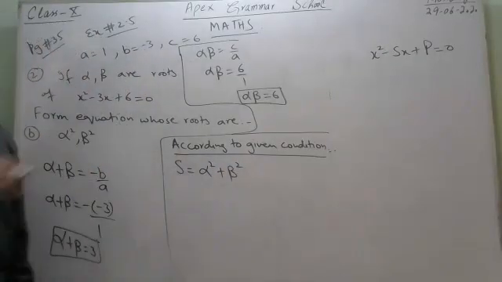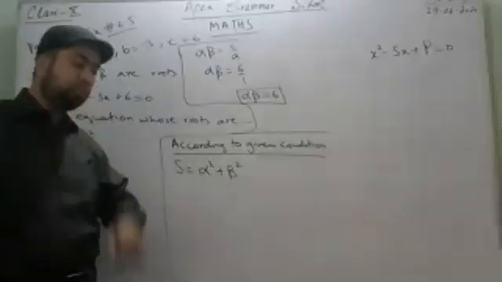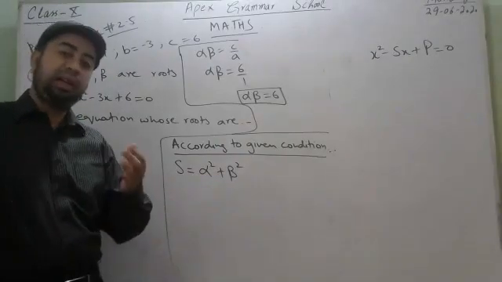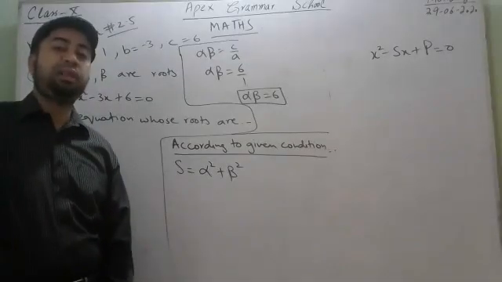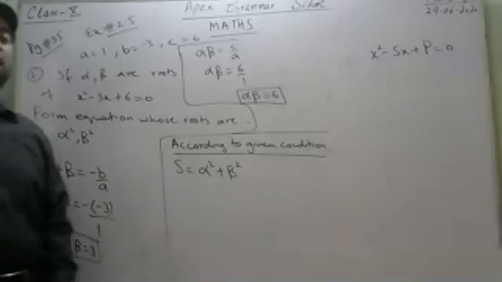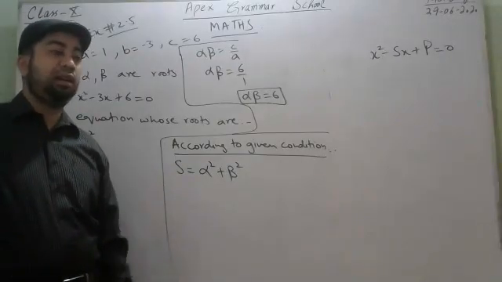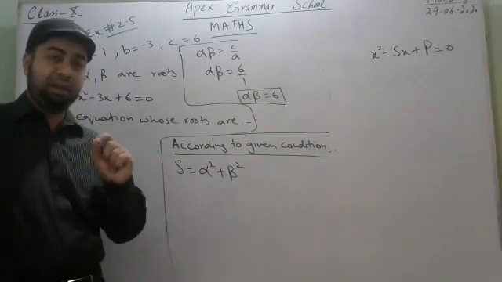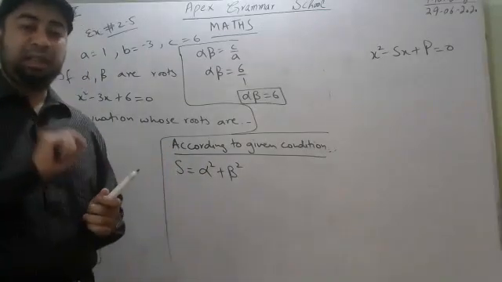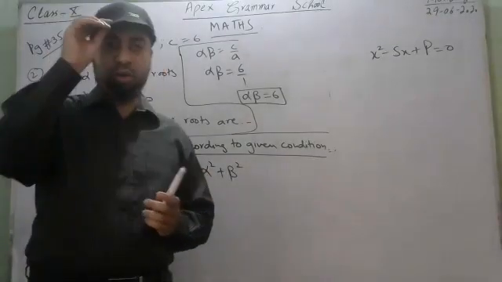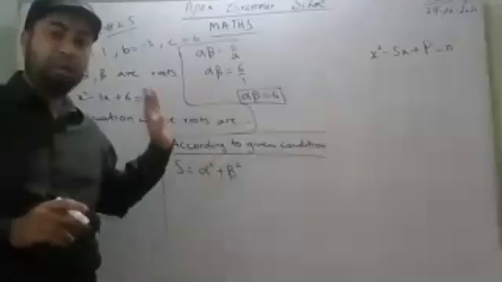Now here another problem arises. The problem is alpha square plus beta square, so we need another formula. You know that a square plus b square is not the formula, but we can make it an identity. As I have already told you, learn again and again, practice again and again by writing them. Write these formulas again and again until you have knowledge about it. You can't forget about the situation.